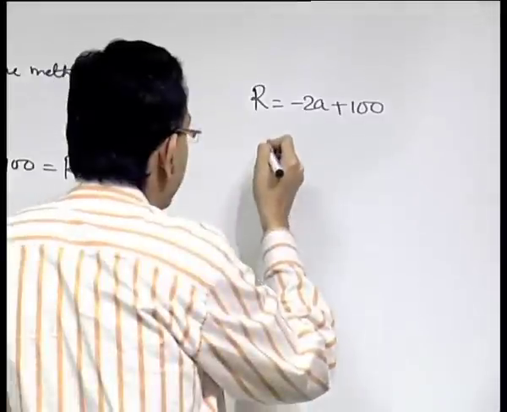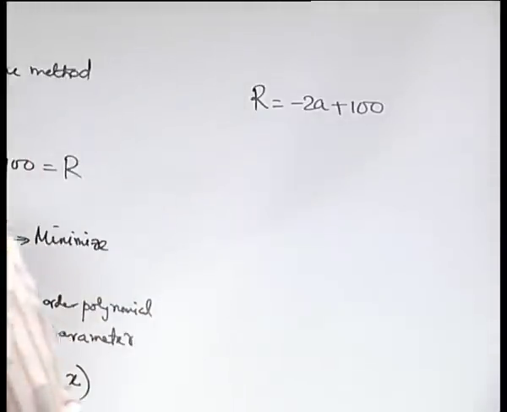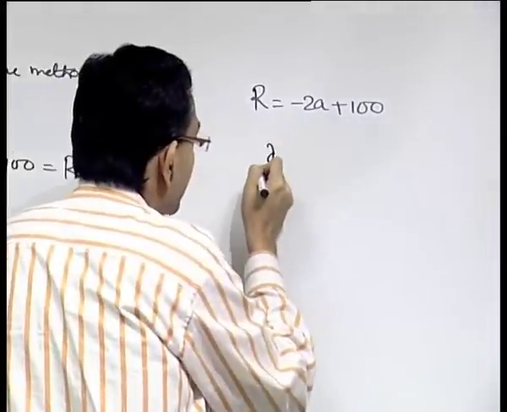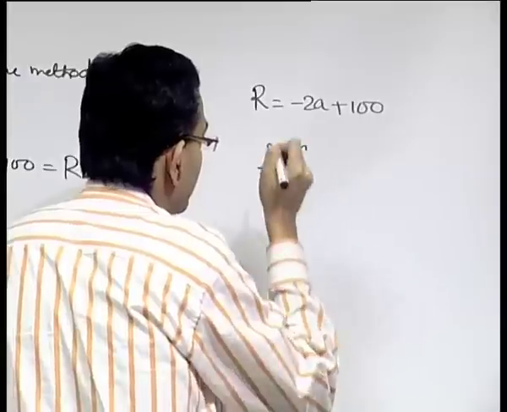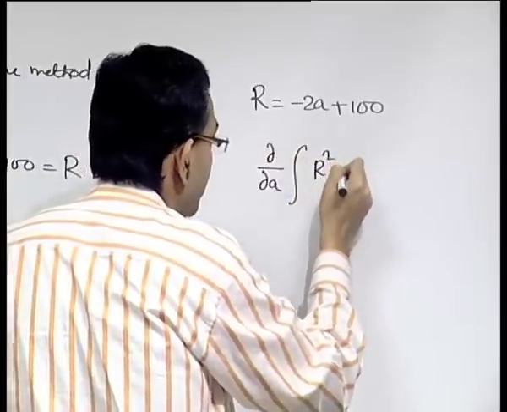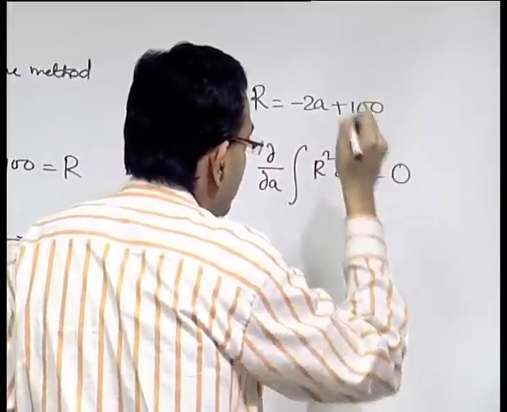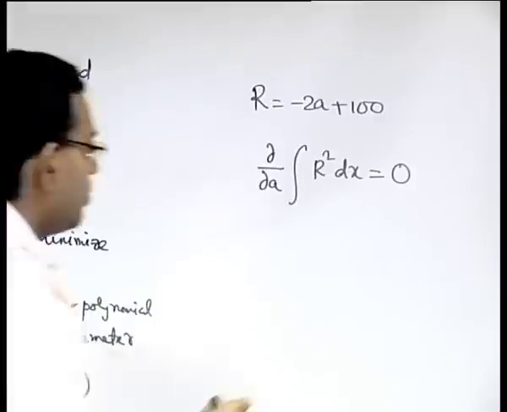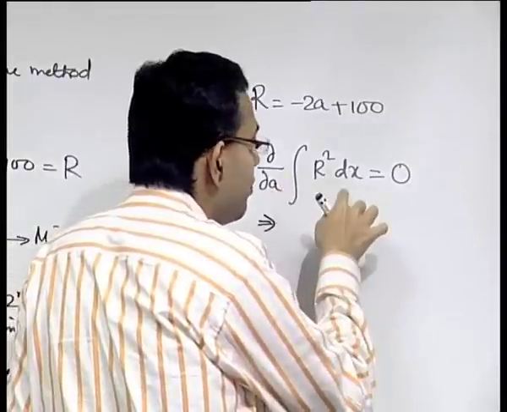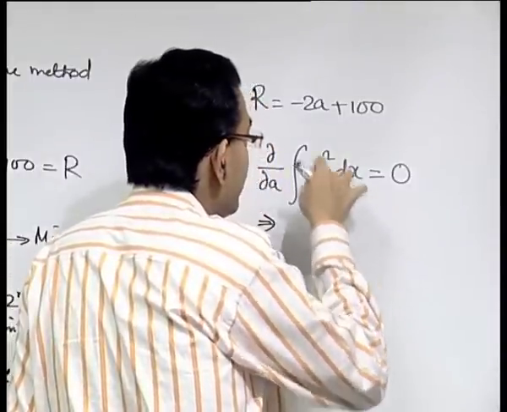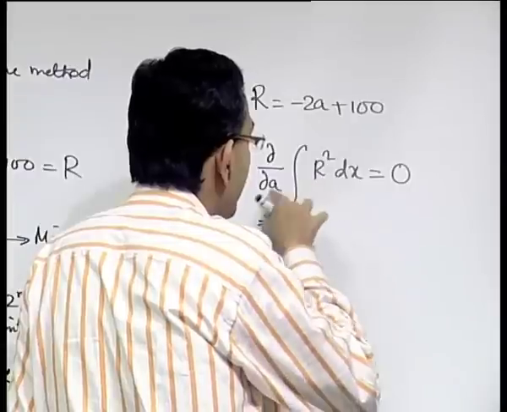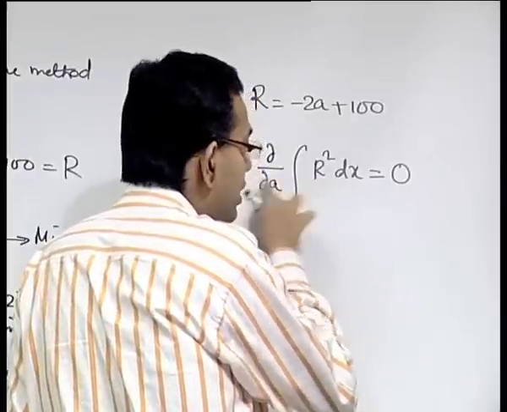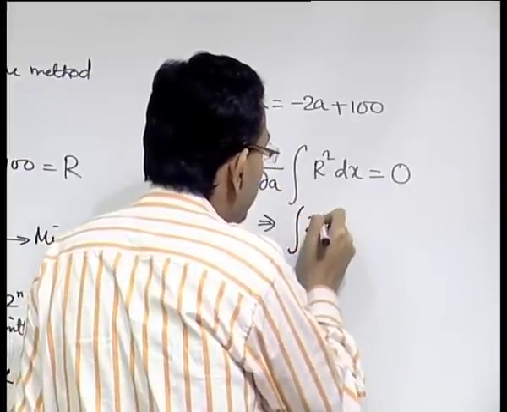Now, you have to minimize the integral of this r square dx, that means you have only one parameter here, a. So if this needs to be minimized, then its derivative with respect to a is 0, because a is the only unknown parameter. So, you can take this derivative inside the integral, because the limits are functions of x which are not dependent on a. So, you can take this inside the integral and you can write this as 2r